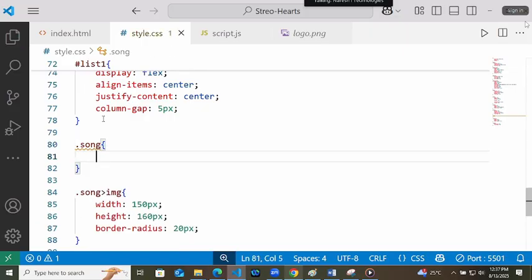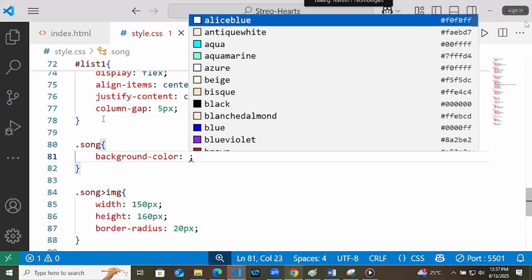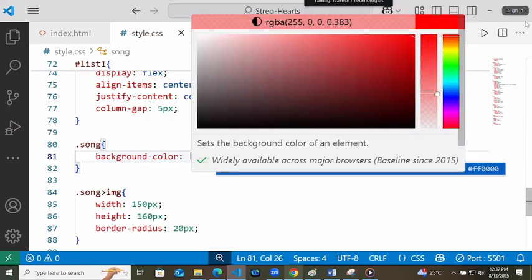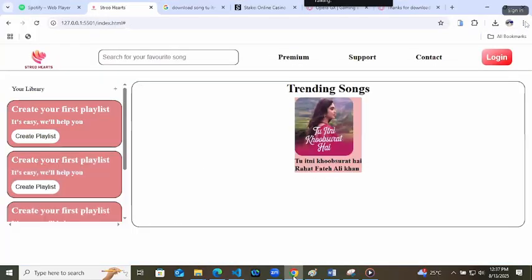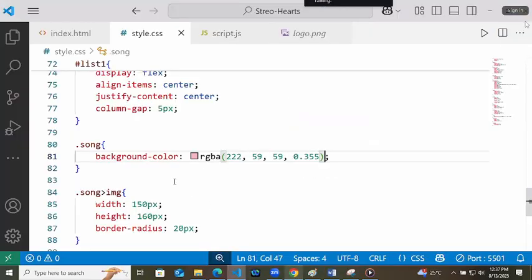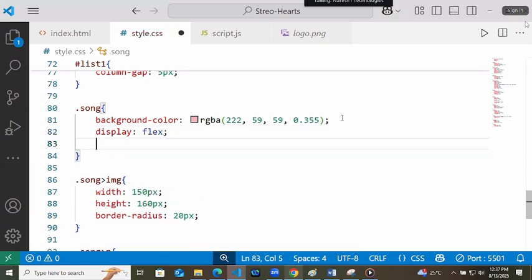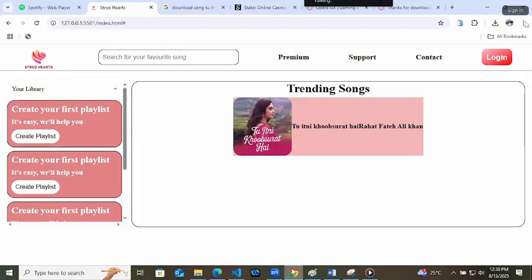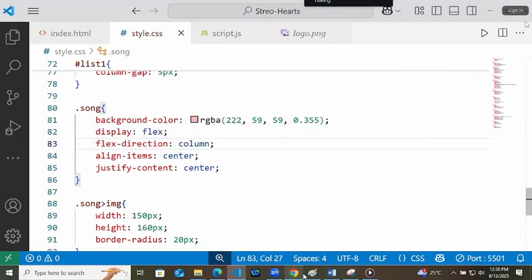This dot song div will have a background color. Here we will give something in the shade of red because we are following the same theme. Like this. And display flex, align items in center, justify content in center, flex direction as column.